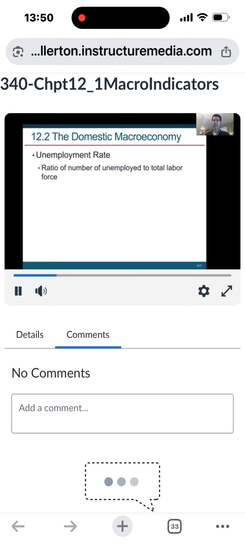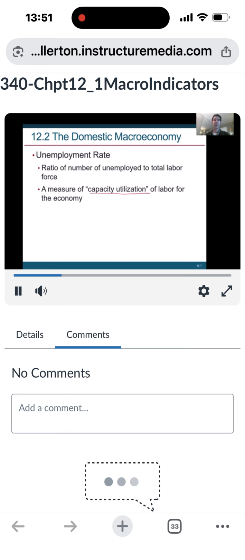It's the ratio of the number of unemployed to the total labor force, just how many people are out of work, right? And you can think of this in different ways. It's a measure of capacity utilization of labor for the economy. You can think of labor or people as a resource that the economy can use. If it's using it efficiently, everybody's working, everybody's producing something that creates wealth for the country, right? If a lot of people are unemployed, then they're not able to use their time to produce wealth, to produce new products, okay? And this is sort of obvious.